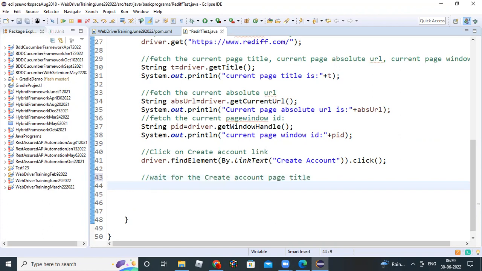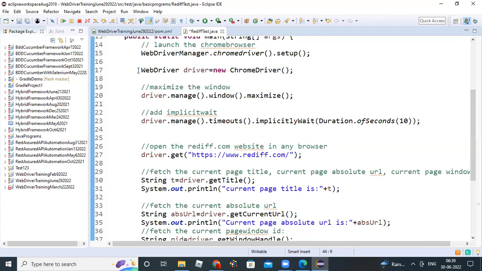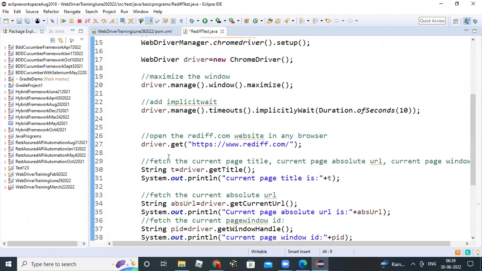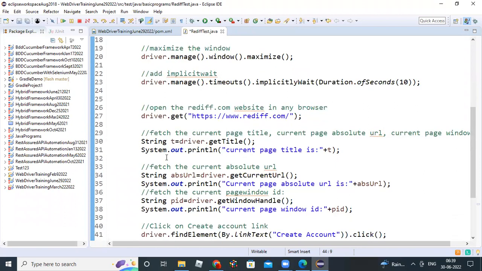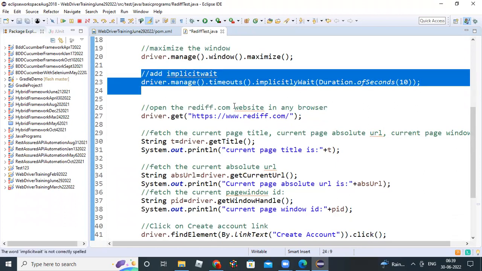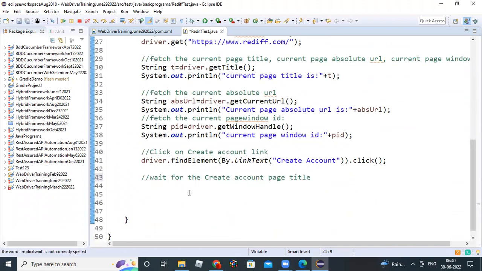So how can you wait? We already created a WebDriver wait object here. Where we created a WebDriver wait object, we added implicit wait. Okay, we missed that. Let me add a WebDriver wait here. So wait equal to new